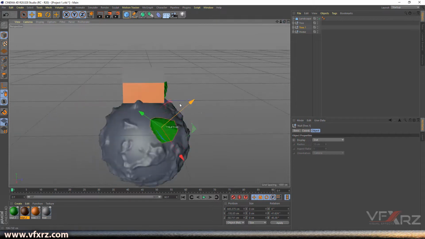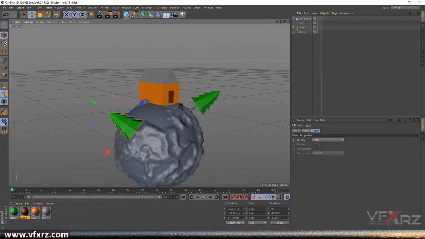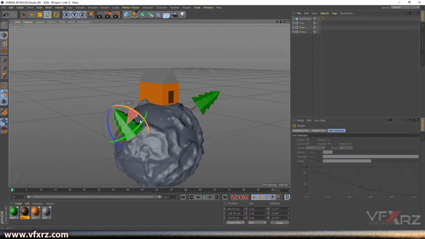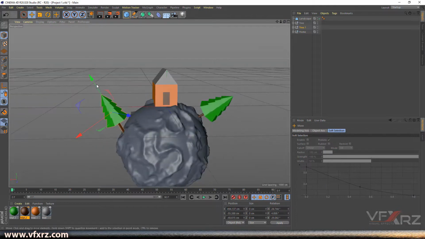Change this to here, and again click on the rotation, and from here adjust your tree like this, and click on the scale, and here we can from here click and change this size, something like this,